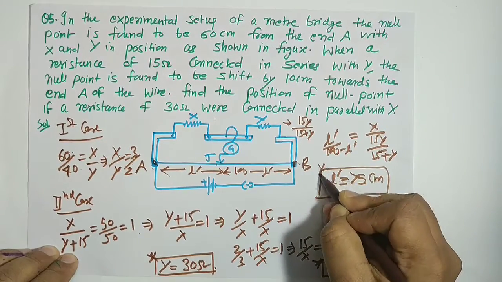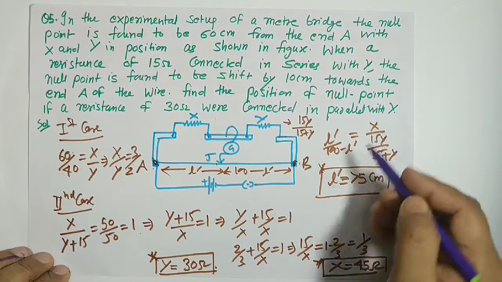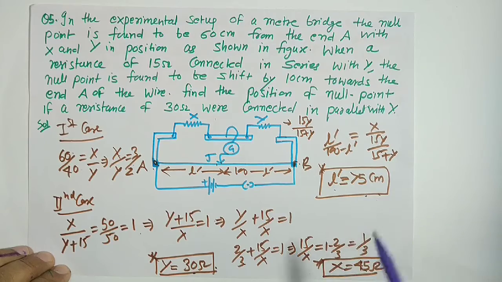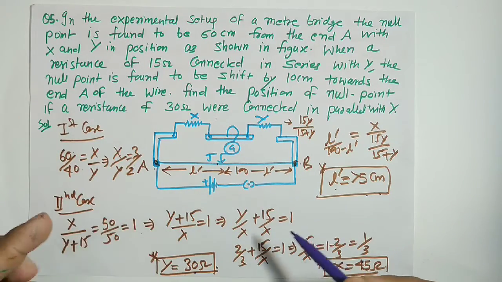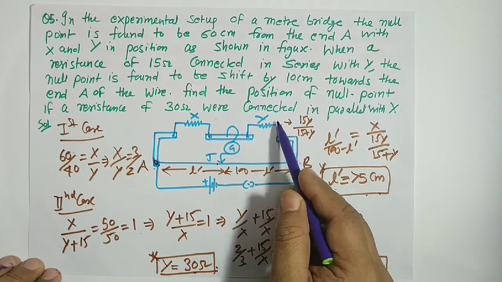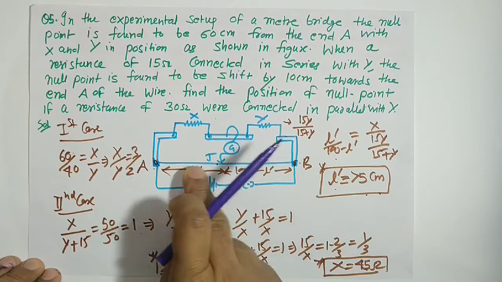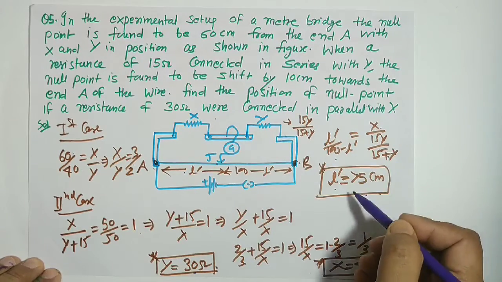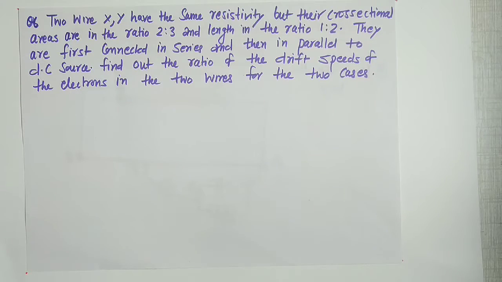Are you getting it or not? By this equation, this length will come. So we have X 30, we have Y 45, put it here, you will find L dash 75. So this is the question, again repeating: you got X and Y first, then at the last you connected 15 in parallel with Y, so its net resistance will be 15Y upon 15 plus Y. Then L dash upon 100 minus L dash, P by Q equal to what? R by S. So X upon this will be the value, you put it here, you will calculate L dash 75. Now question number 6.